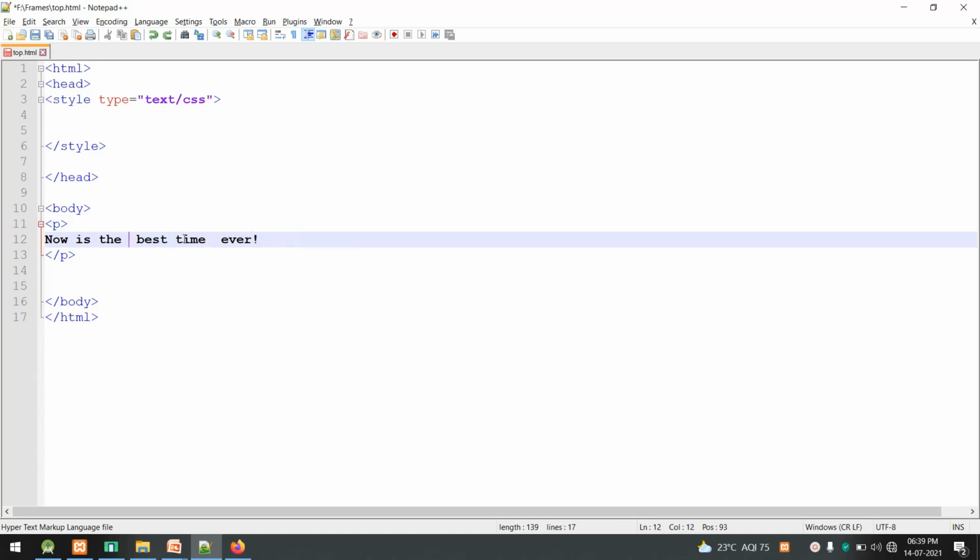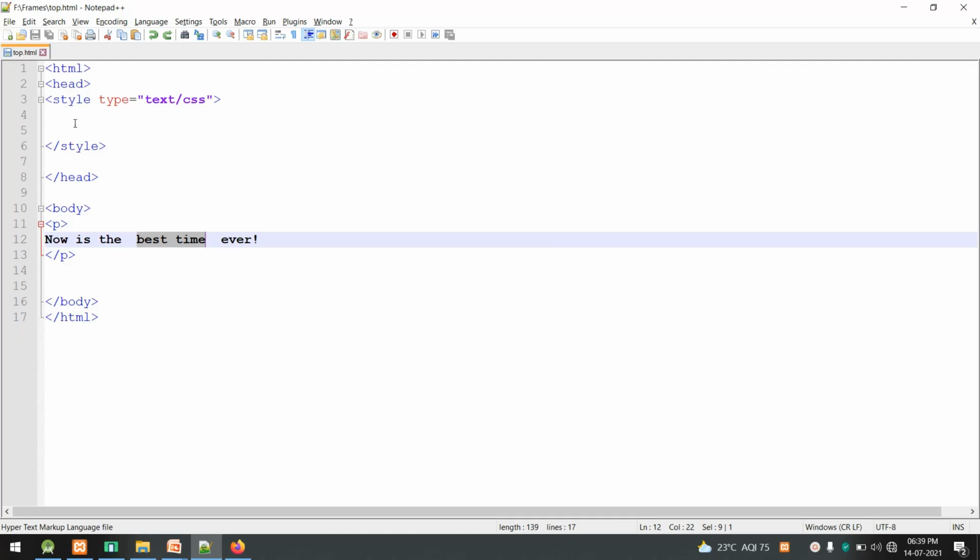Say this is the content of a paragraph tag, and I want to apply something only to "best time". I want this best time to be displayed in boldface, or in a larger font. Can I apply it?